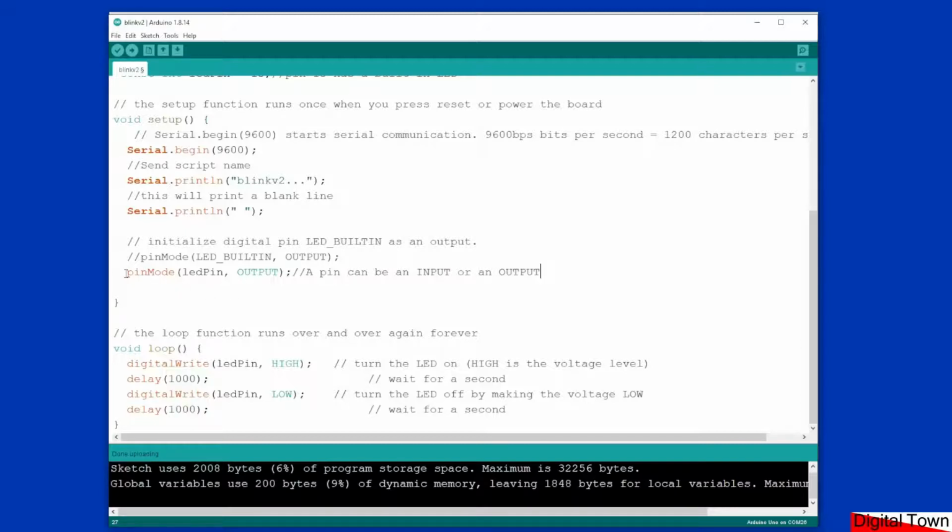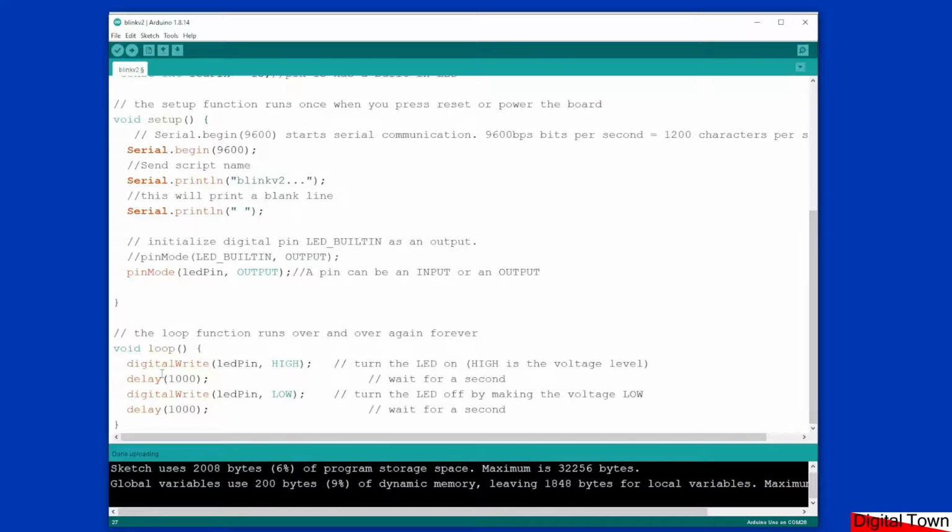So there are only two versions of pin mode. It is either an output or an input, and in this lesson we're going to be using it as an output and learning to use digitalWrite. In a later lesson we'll use it as an input and we'll see how we receive information. So let's go down to our loop,